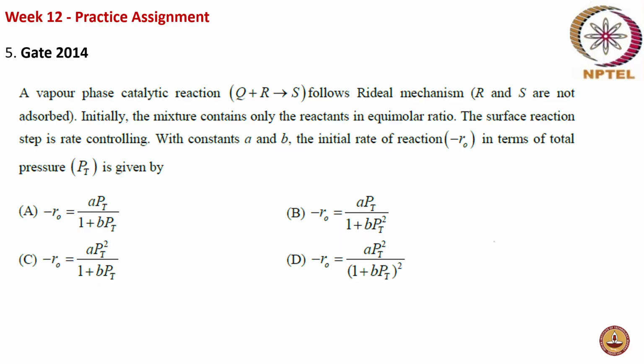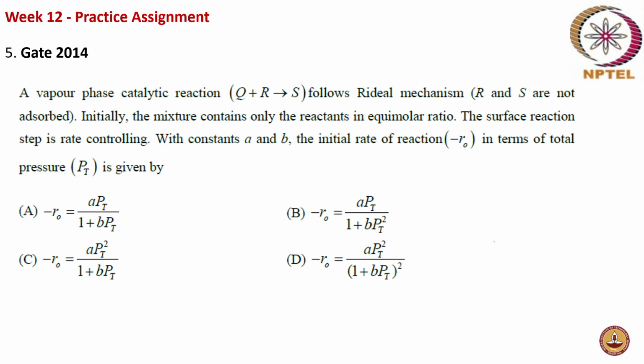Now question number 5. This is again a GATE question. A vapor phase catalytic reaction where Q plus R gives S follows the Eley-Rideal mechanism. R and S are not adsorbed. Initially, the mixture contains only the reactants in the equimolar ratio. The surface reaction step is rate controlling. With the constants A and B, the initial rate of reaction minus R naught in terms of total pressure PT is given by,